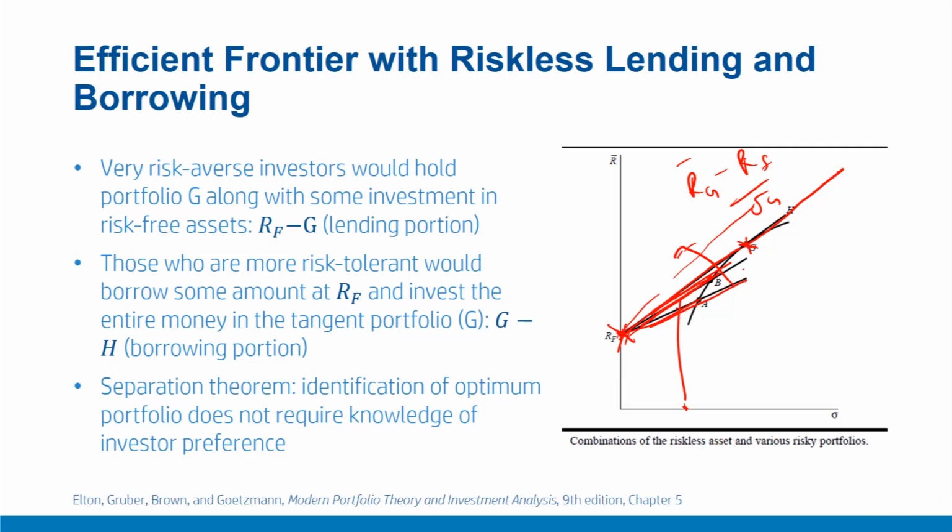Here, even if you do not know the investor's risk profile, whether he is more risk preferring or less risk preferring, once you identify the portfolio G, you can draw a risk return profile for all the optimum portfolios. This is also sometimes called the separation theorem or two mutual fund theorem, because we separate the risk profile of the investor from the investment, because we select only two assets. First, a risk-free asset, and second, the portfolio of risky assets called the market portfolio, this portfolio G. And then for all the investors, some combination of RF and G on the lending segment, or borrowing at RF and investing in G, would create the desired optimum portfolio depending upon their risk preferences.